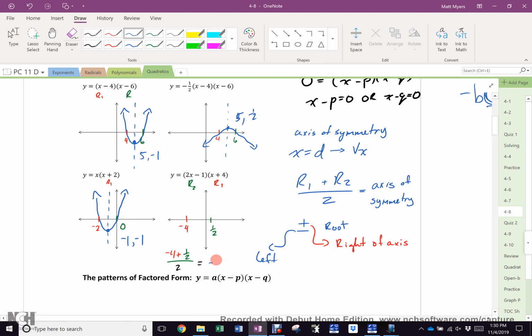-1 3/4. Or -1.75. Or -7/4. They are all the same thing. When I put that in here, that is my x value, yes? Now,